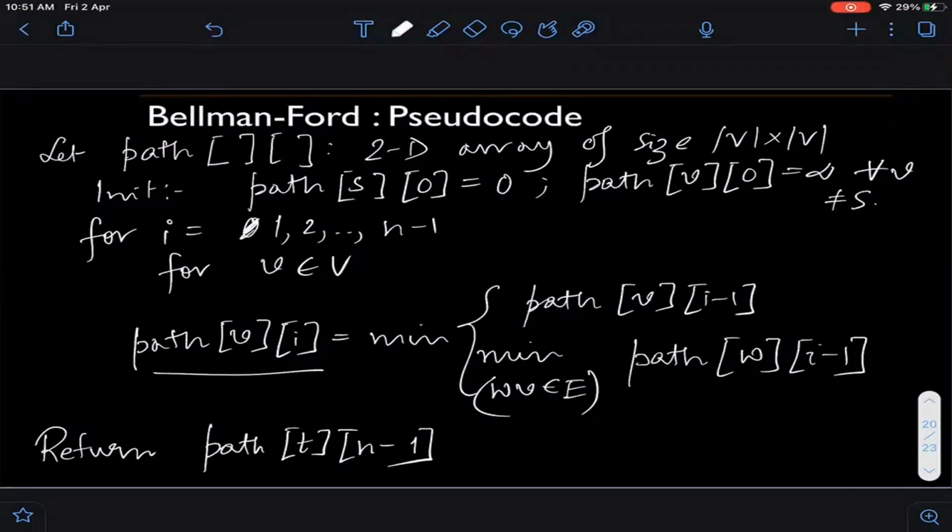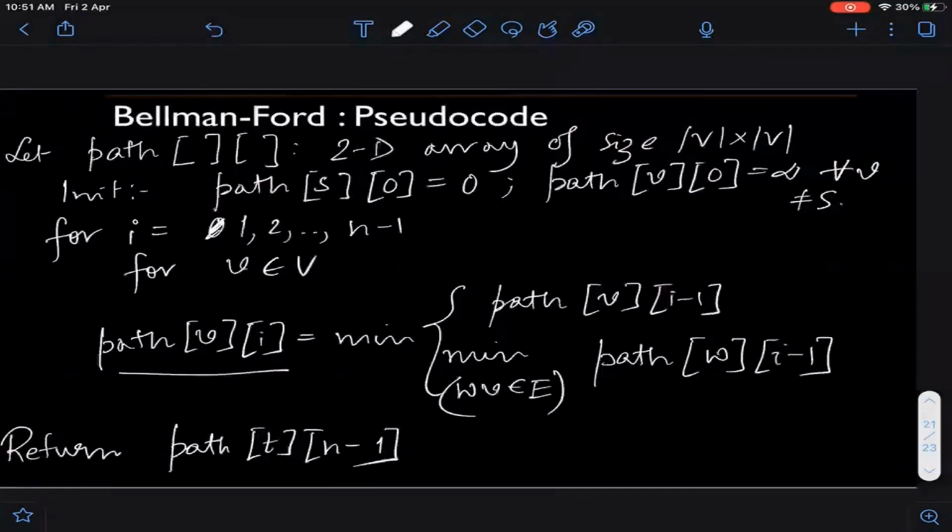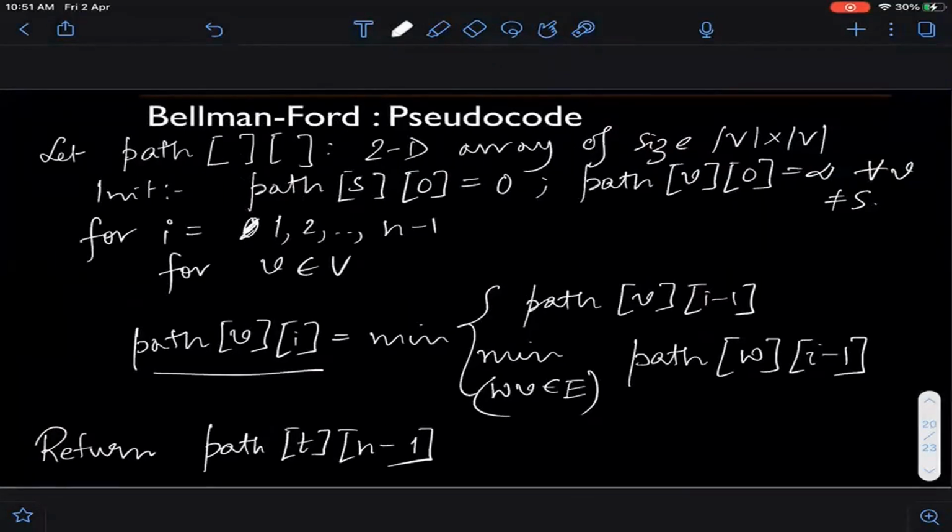Good. Okay, so what we'll do today, we have a couple more tasks. First of all, we have to argue the runtime. Then we will do a couple of small optimizations to this code. There is one space optimization; I think some of you have guessed it by now. The other is you can also stop this algorithm even before reaching the end. Sometimes under some situations you can do that. You don't have to run it till the end. And then we will see how to adapt this algorithm to detect any negative cycles in your graph. Okay, so those are the three things that we will do.